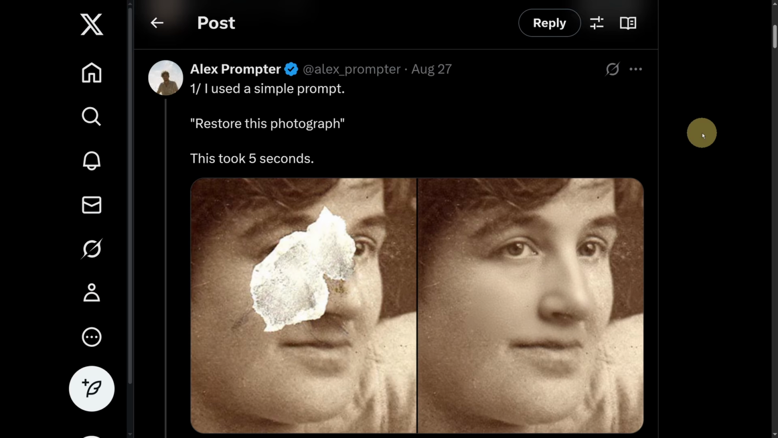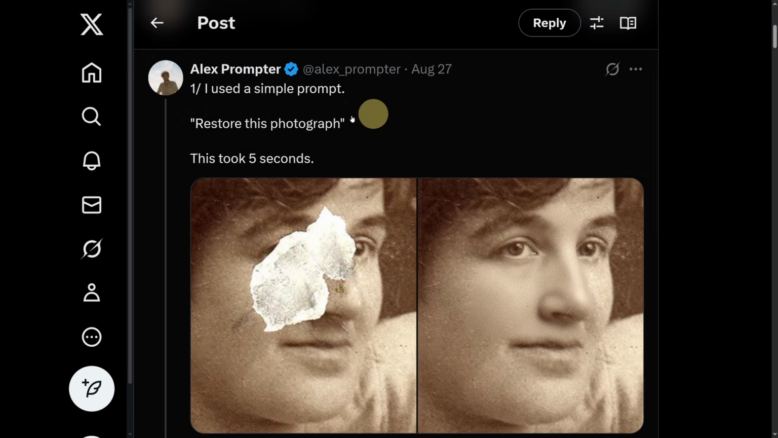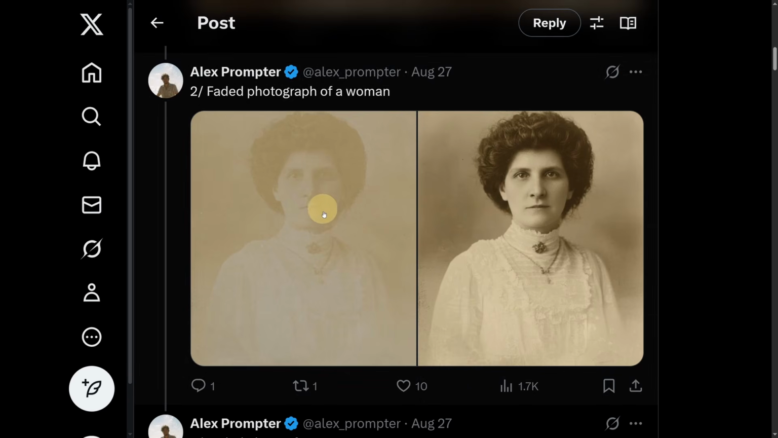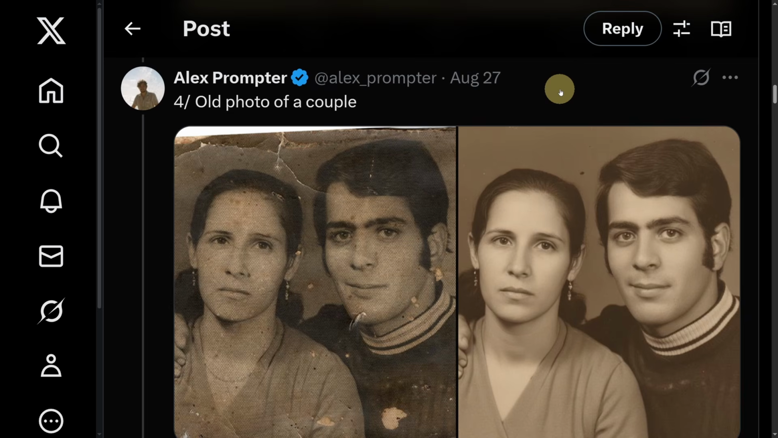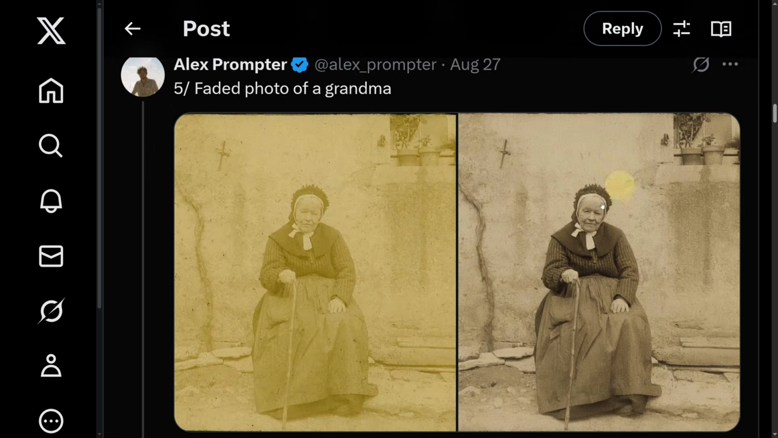Starting off with photo restoration. With only a 3-word prompt and only taking 5 seconds to generate the new image, Nano Banana was able to take this old photograph, which has an entire chunk missing, and fill in the blanks in a really accurate way. Here's another example, restoring a faded photograph. A faded photo of a town, an old photo of a couple, a faded photo of an old lady, a